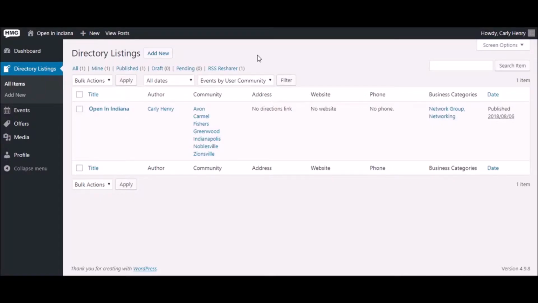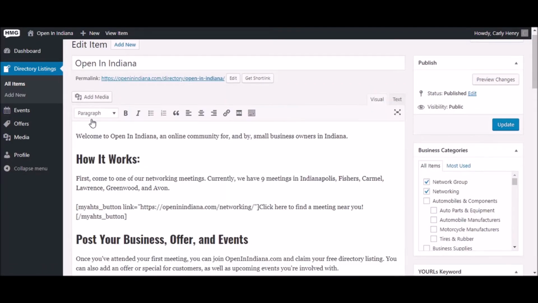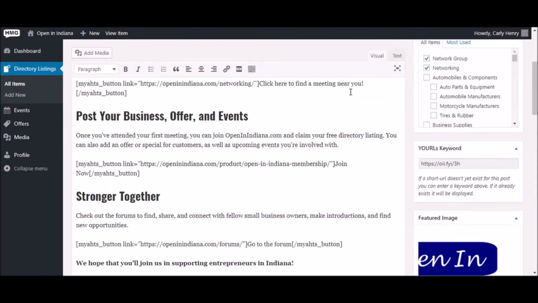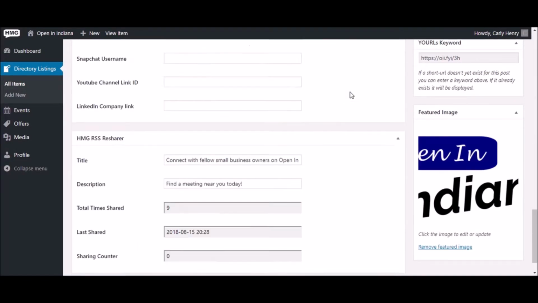We're starting here at the directory listing page on openinIndiana.com. We can see on the directory listing page that here's the listing for Open in Indiana, and by clicking on this edit link or on the title, we can visit the edit screen for our directory listing. On the edit screen for our directory listing, we must scroll to the bottom of the page to find the